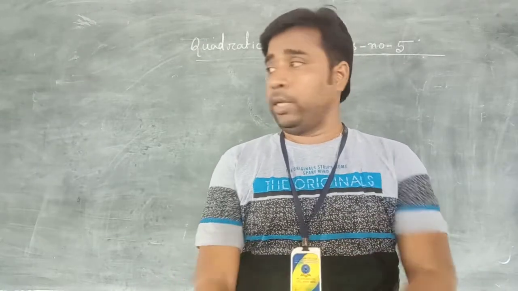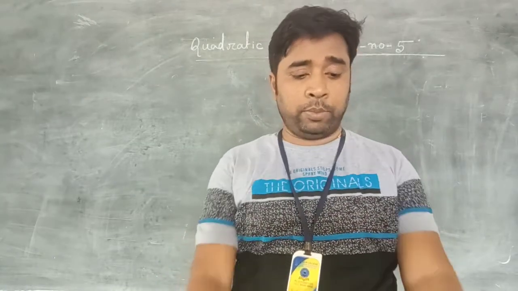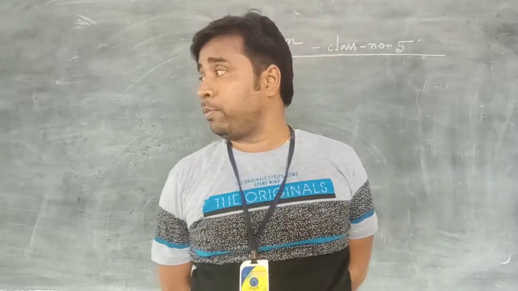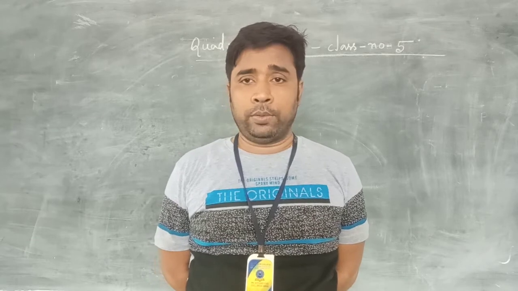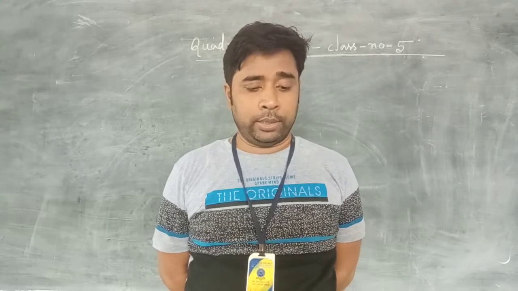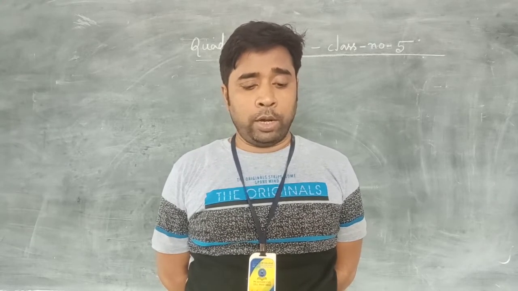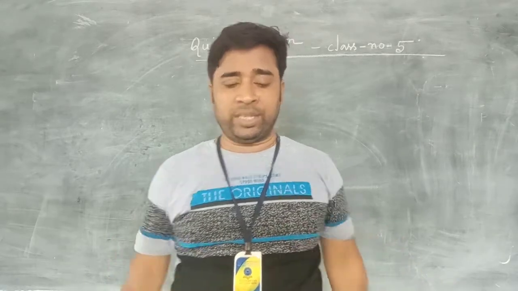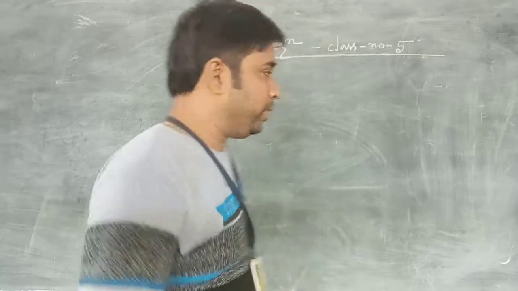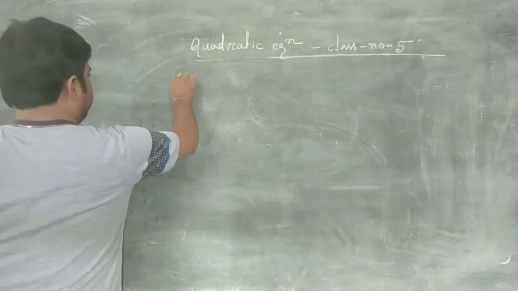Today I shall discuss from question number 4. First you read question number 4. What is question number 4? Find the value of k. We have to calculate k such that one root is twice the other. First let me discuss the question, after that I shall solve it. What is given here? 4.1. Given equation is